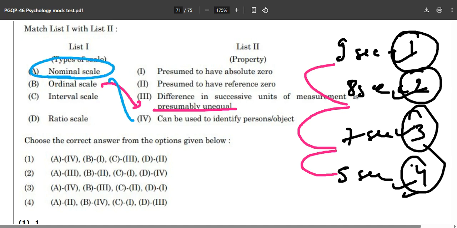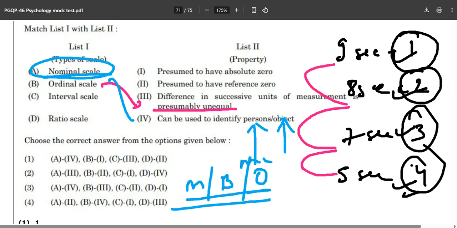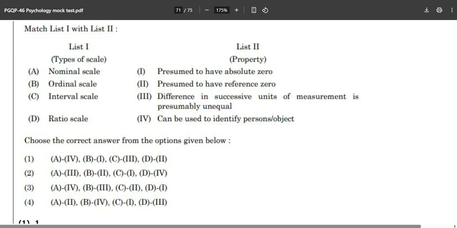And in the nominal scale, numbers can be used to identify persons or objects. Male, female, cardinal, ordinal, whatever those numbers are, only in the nominal scale. Mango, banana or orange, nominal scale, because you cannot measure or differentiate them. So what is going to be the correct answer over here? Option number 3. But this is not the point right now. The point over here is that as you are seeing this black screen, it means color NOIR, the word NOIR. See, why this word NOIR is very important for you, because it is from French.